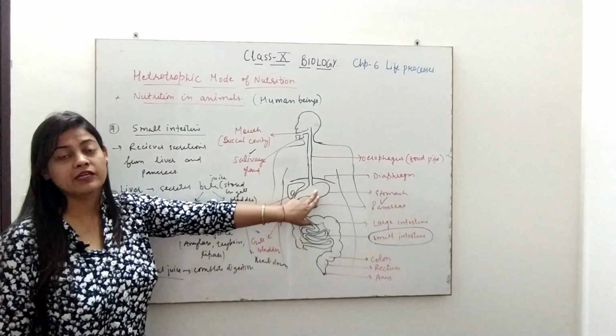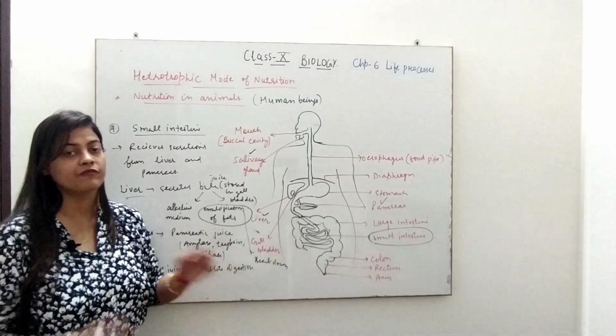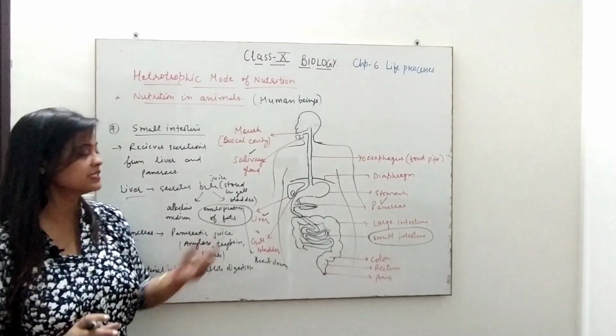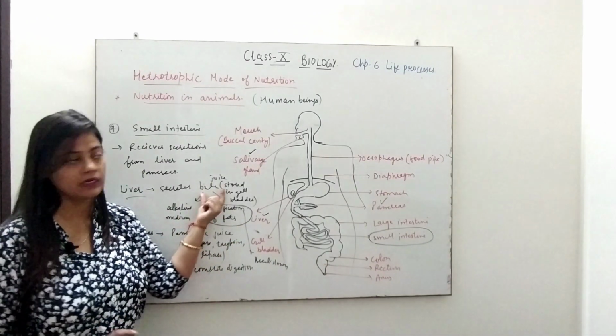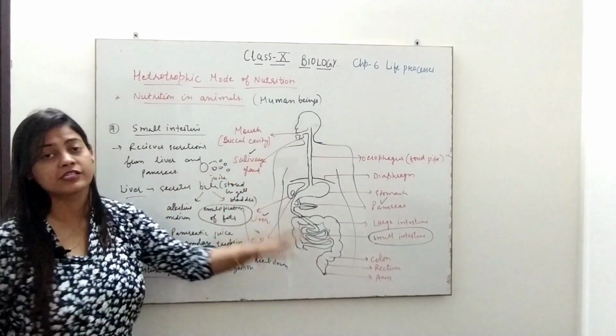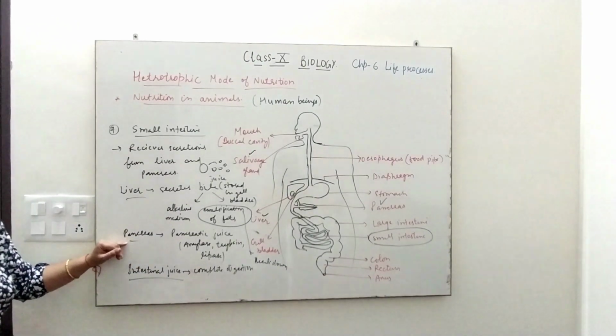Pepsin helped in the digestion of protein here, but to make the fats digestion easy, the big molecules of fat are first broken down into small pieces, which is called emulsification of fat, and this is done by bile. So is it clear? The big molecules of fat are broken down into small pieces so that the further digestion of fats can become easy. Clear? Next part is the pancreas.